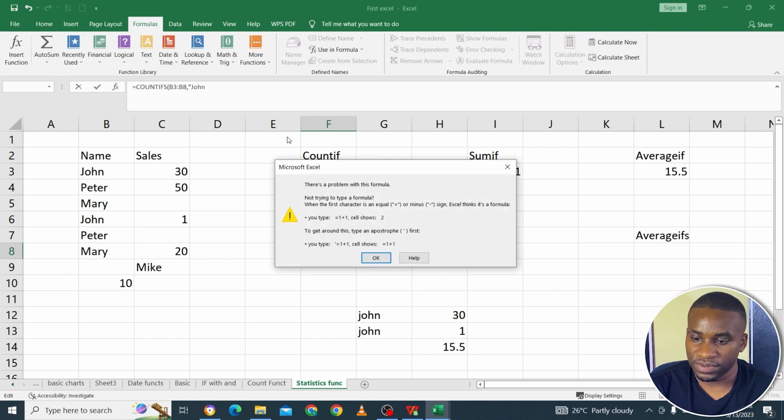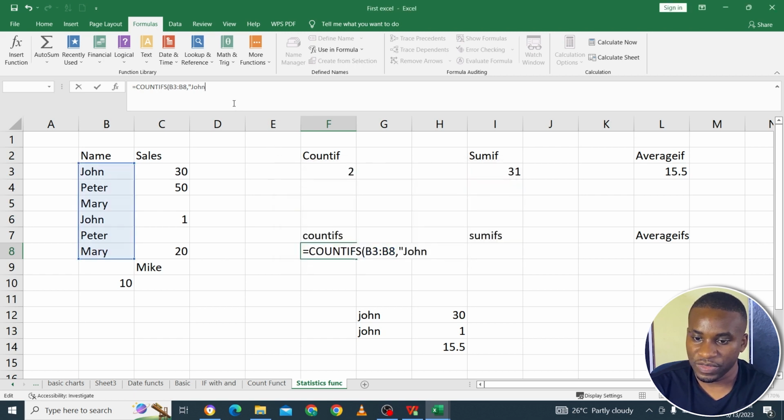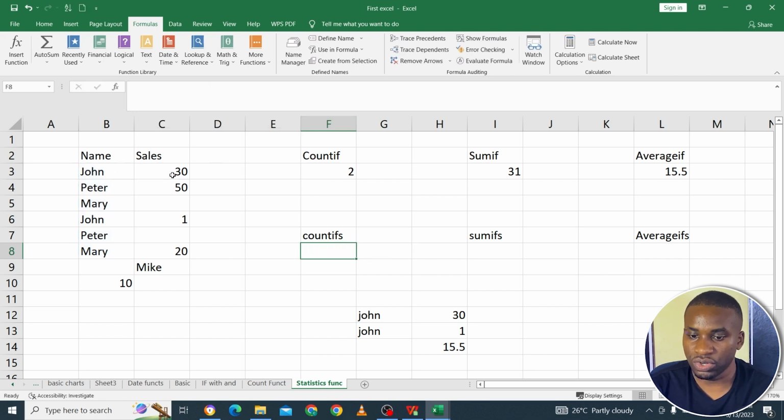Okay, no. So let me just put this here, and the criteria here is John. So now if you press comma, what do you see? It goes to the second criteria range and the next criteria. So let me show you, which means if there was, for example, name, and then let me just say before